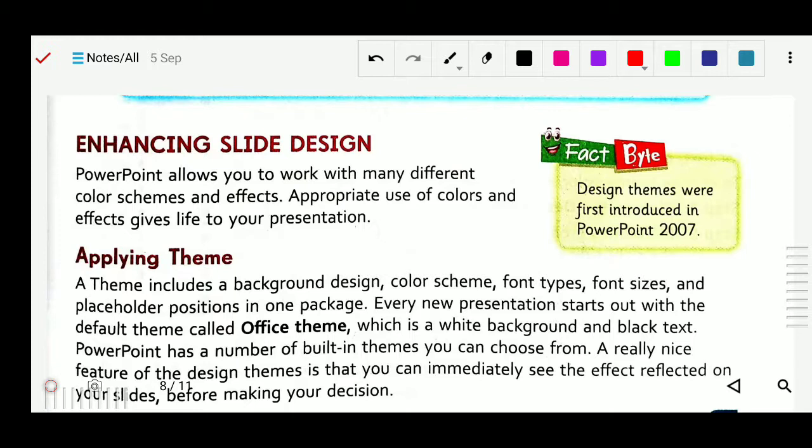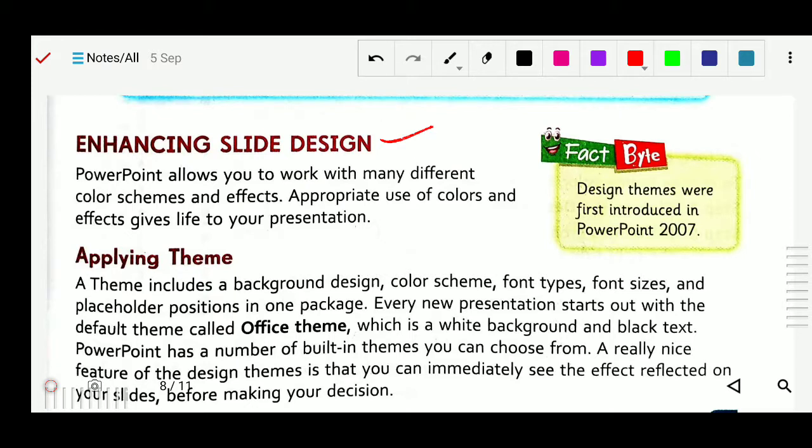You can also improvise: you can do some customization, change the color or background according to your use. That is possible, so we will study it. That is about enhancing slide design: we will customize and add something.